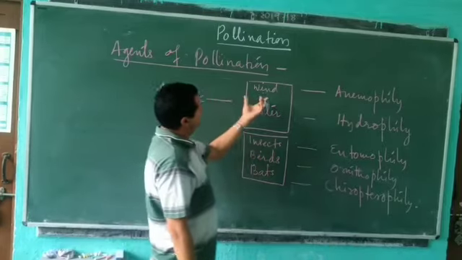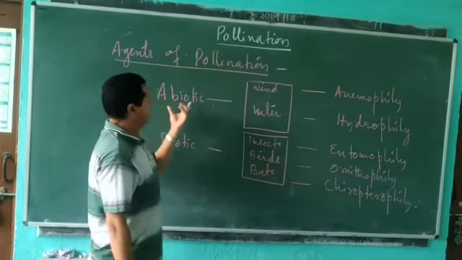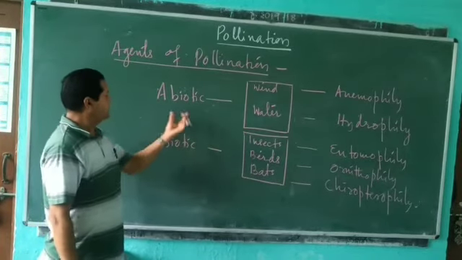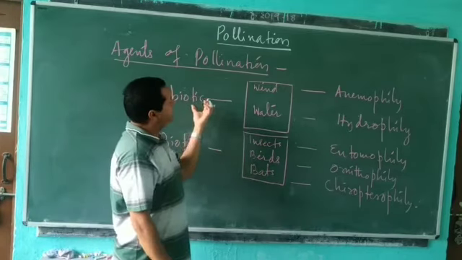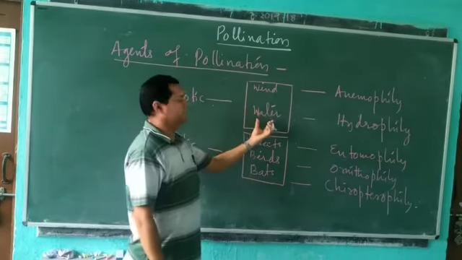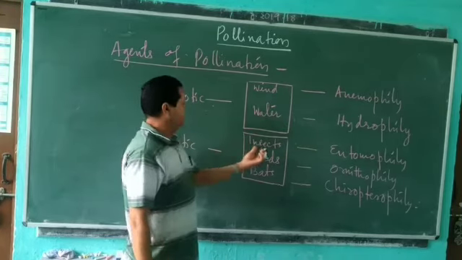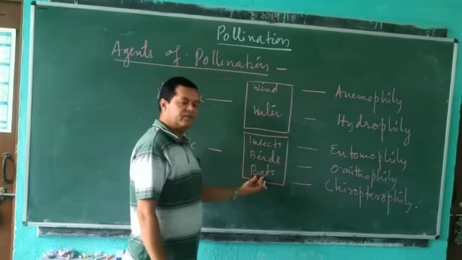So let us see one by one the various agencies of pollination. They are broadly divided into abiotic agents and biotic agents. In abiotic, it can be wind or water current. And in biotic, insects, birds, bats, even